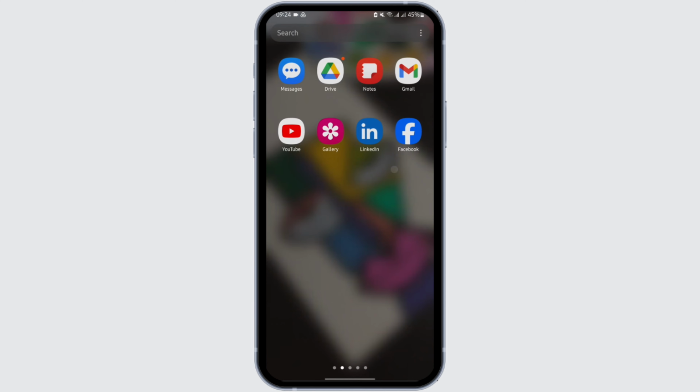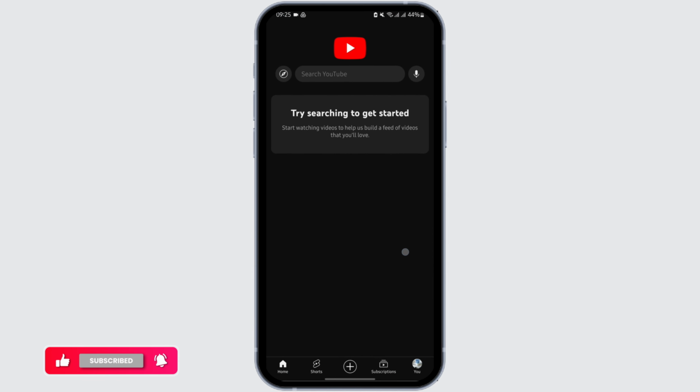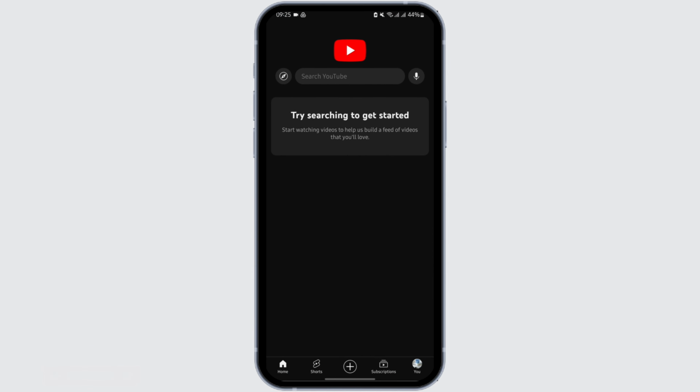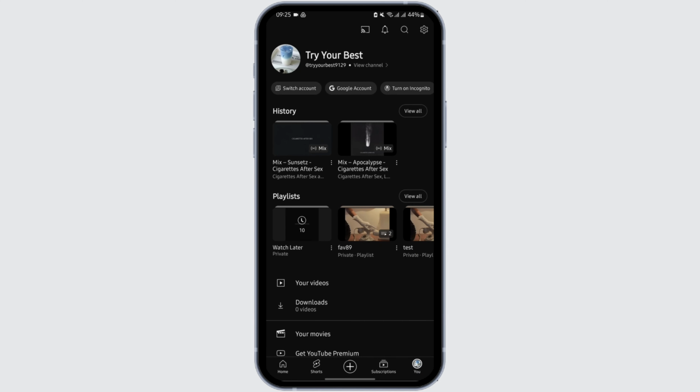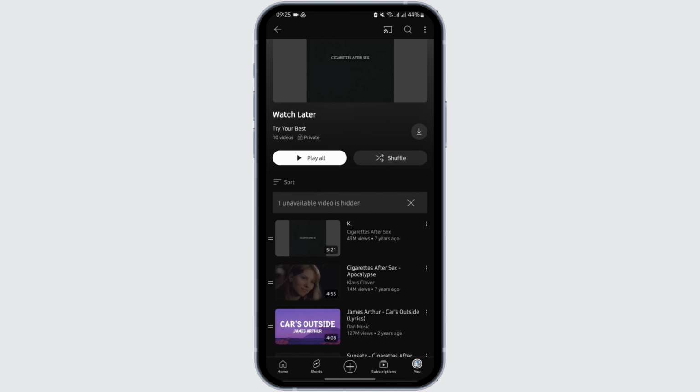Launch your YouTube application and get logged into your specific YouTube account. Now, in order to first view your Watch Later, tap on the You section from your bottom right. Under Playlists, you will see the Watch Later option. Tap onto it. Then at this page, you will see all the videos that you have added to the Watch Later